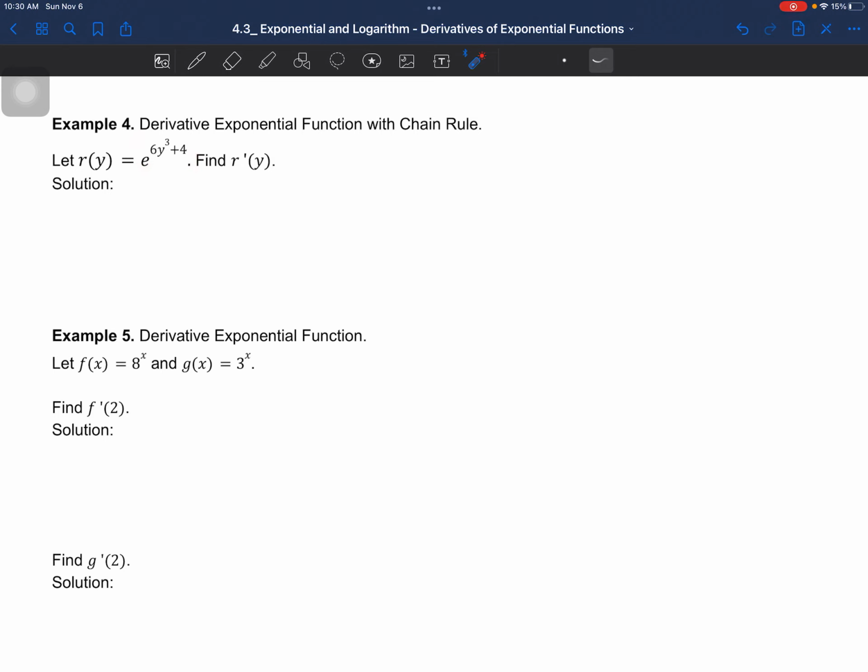All right, welcome back. So let's find the derivative of the next example here. We're given a function of the natural exponential function raised to the power of 6y cubed plus 4, and we're asked to find the derivative of r with respect to y. So the way we're going to do this is by thinking about the exponential rule, but also thinking about